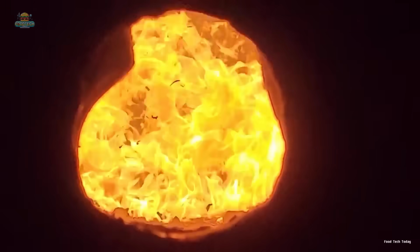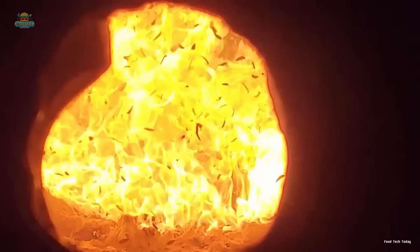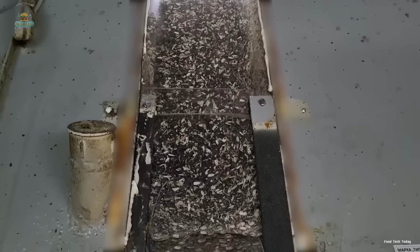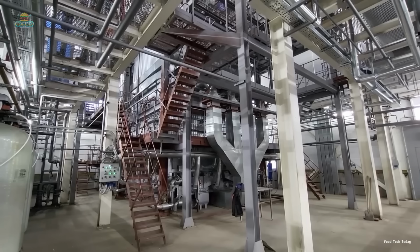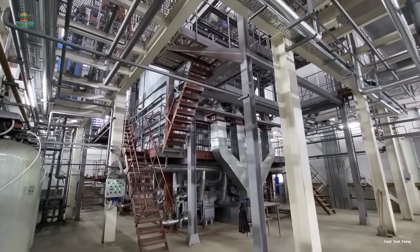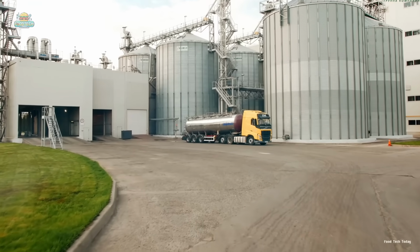This is a closed-loop circular solution that provides both economic and environmental benefits. Using sunflower husks as fuel helps the factory significantly reduce costs and decrease reliance on fossil energy sources. At the same time, this method contributes to reducing environmental pollution by effectively managing agricultural waste, supporting a greener and